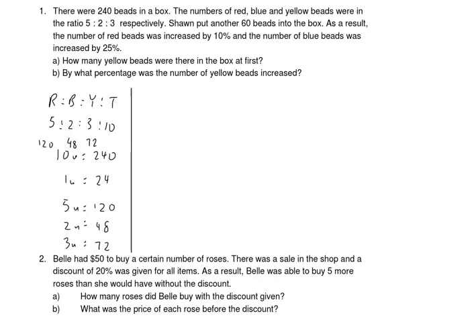Now, to the next part. Okay. The number of red bits increased by 10%. So, from 120, right, it increases by 10%. That means red bits will be 110 over 100 multiplied by 120. Am I right? To get the new number of bits, right? Correct? Okay. So what's the new number of red bits? 132. So we know that since it's 132,